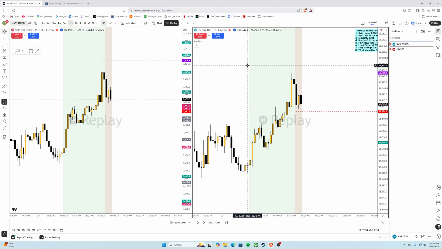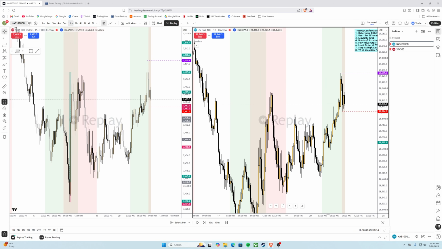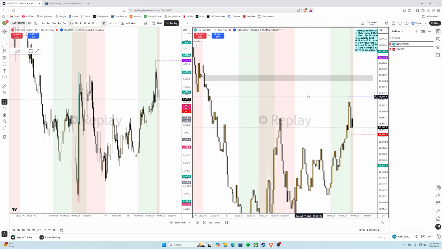So now we have that, and we just have one target. If we want to find more targets, we just look to the left, pull price back, and see if there are any other targets. For me, I see another obvious high for the NAS right here. You can mark this high, but these two highs are really close, and I'd rather mark this high because then you can mark a fair value gap right over here.